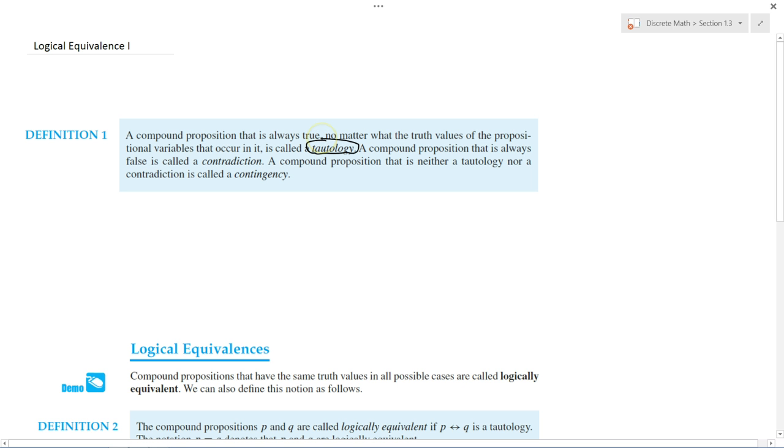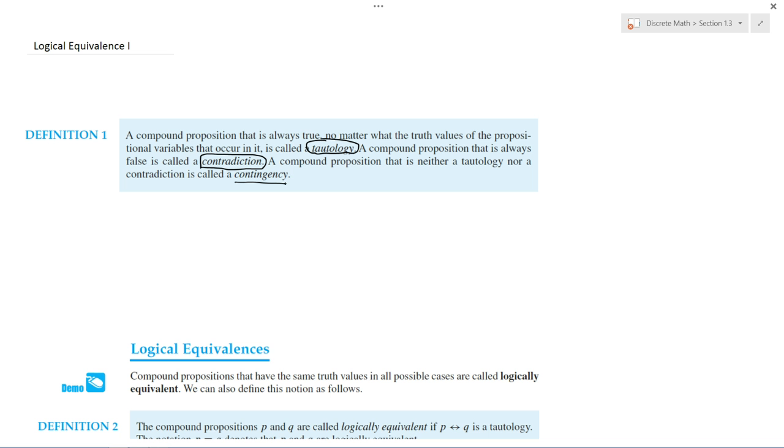So any propositional statement that is always true no matter what the values of the variables are is called a tautology, and the opposite is called a contradiction. So if you have any propositional statement which is always false no matter what the values of the variables are, it is called a contradiction, and anything in between is called a contingency. A simple example for